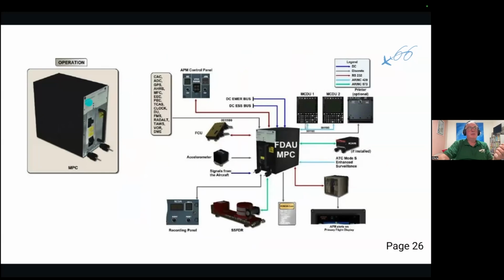All right, this is the MPC. It's just another black box, and it takes information from the CACs, from the Core Avionics cabinets, from the air data units or air data computers, from the GPS, from the AHRS, attitude heading reference system, from the MFCs, we've seen already, from the EEC, that's the FADEC, from the propeller electronic control, from the TCAS, traffic collision avoidance system, from the